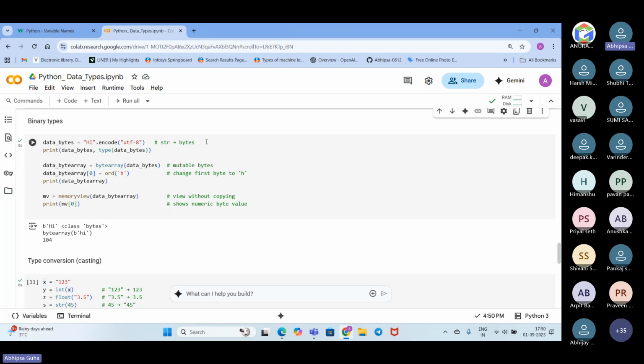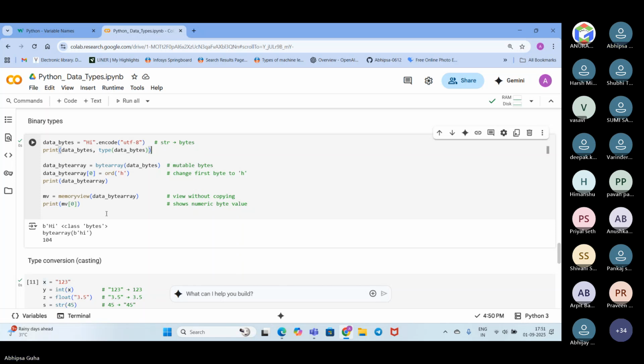That is a string to byte conversion, converting a string to bytes. This is how we are doing it, and we want to print the type. So the string is converted to bytes, and it has printed the class as bytes.